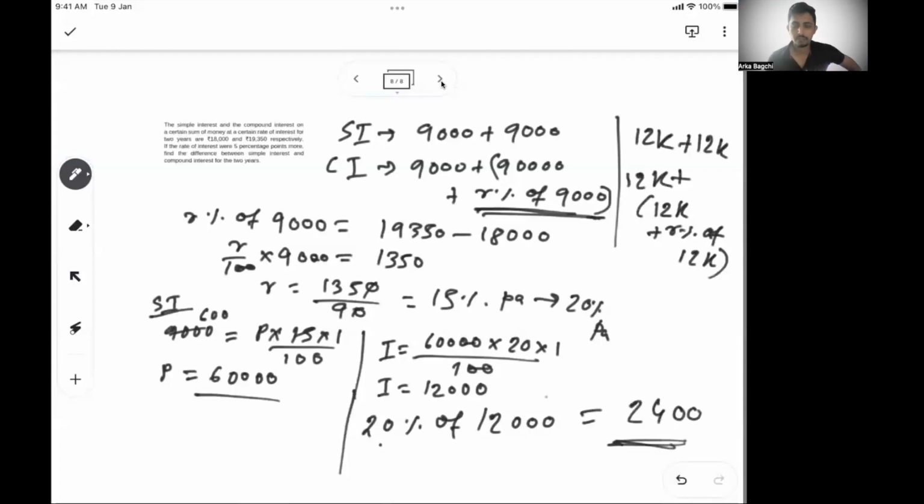I think we have covered almost 8 problems. I hope things are clear. We haven't got into too much calculation-level intensity in this session. We tried to focus on the fundamental concepts and how to apply those concepts in the given scenario, and that's how we tried to solve the problems. Hope things are clear. If it is not clear, please feel free to drop a note. You can mail me also. I'll put the mail ID in the description box, and if you need any help or guidance, we can take it up.